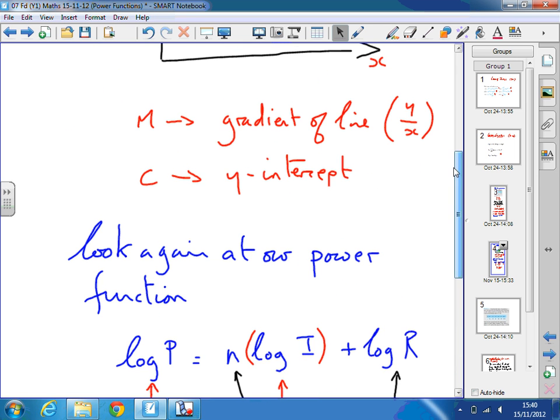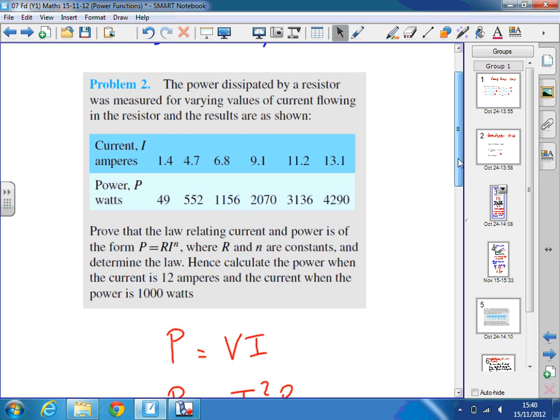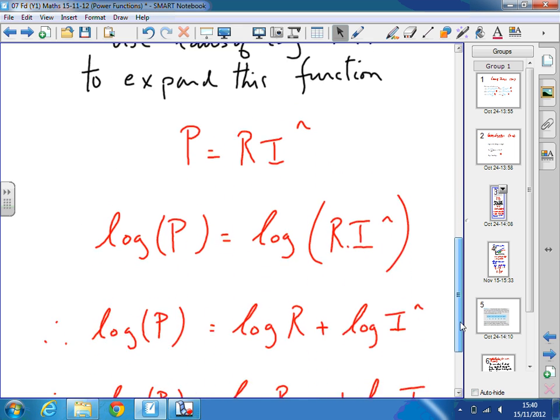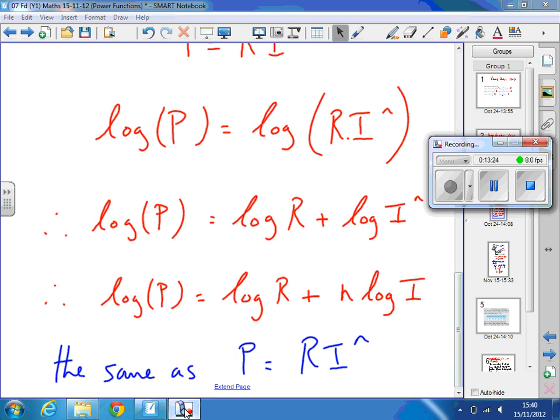I want you to find out what the log of I is and what the log of p is and plot that on Autograph. So before we go down there, I want to just show you how Autograph works. So I'm going to